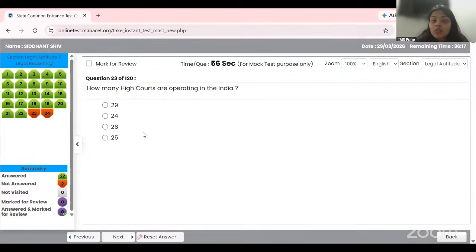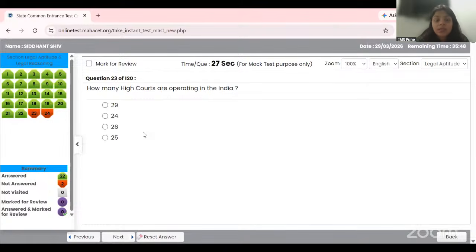How many high courts are operating in India? So you have to understand that it is asking about high courts operating in India right now. This is again a question which requires your basic knowledge, basic understanding of legal aspects, some basic concepts around the legal aspect, the GK related question where you